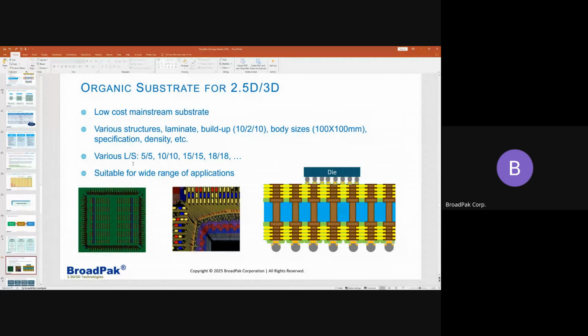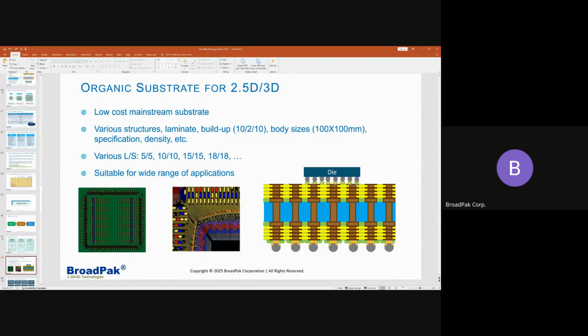So the organic substrate is good for the low cost mainstream type substrate, and it comes with various structures like the build up, like a 10 to 10. So you got a core with the multi layers on the top and the bottom. The body size could be as big as 100 by 100 or 120 or 150 by 150 maybe. In terms of the trace center spacing, it could be 5 and then when I say 5 micron, it could